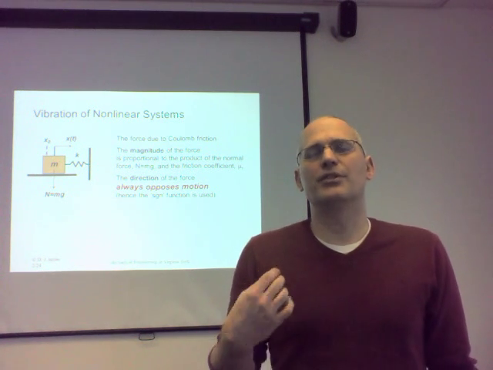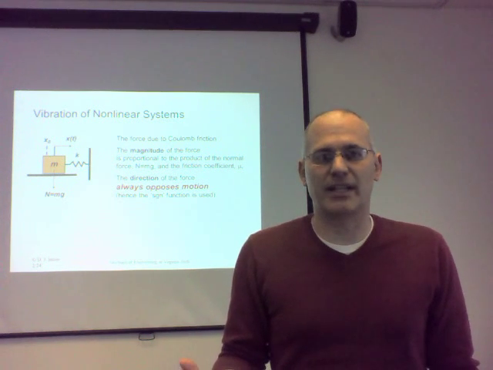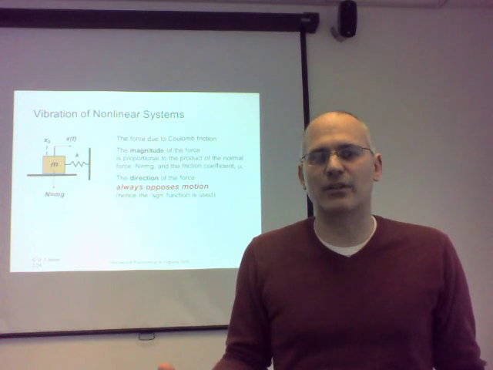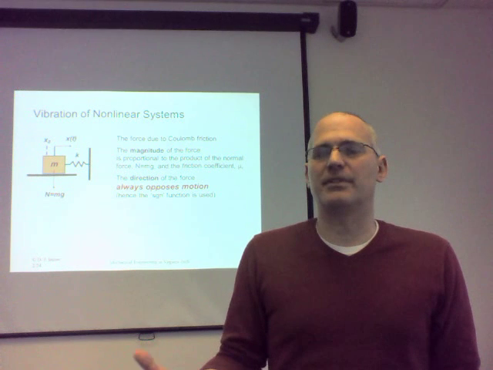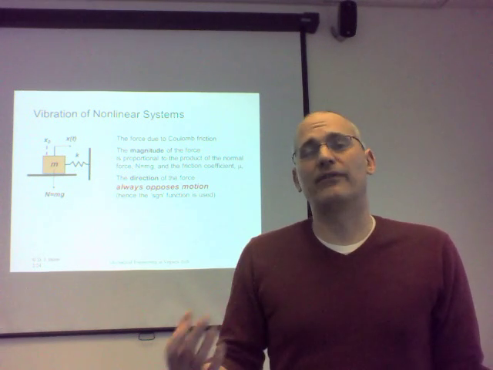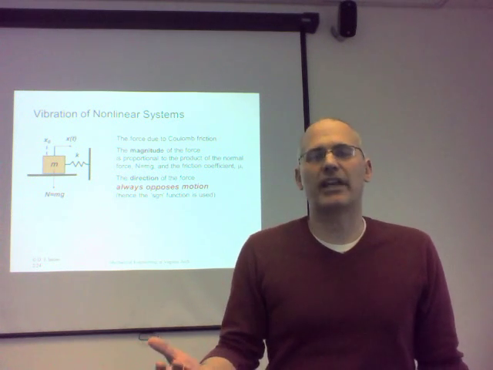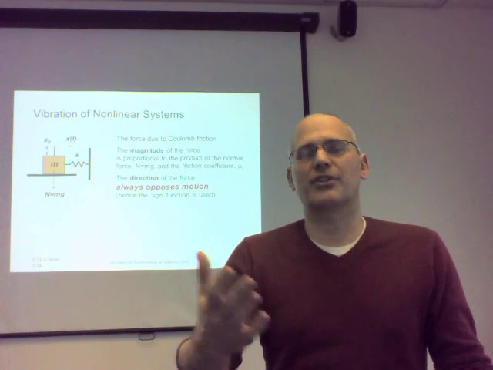And we introduced the viscous damper as a means of dissipating energy in the system. And we noted that we don't always have that physical mechanism in the system. We don't always have a viscous damper to dissipate the energy. Oftentimes what we have in the system is friction. So let's take a look at Coulomb friction and see what it will take to get our Coulomb friction into